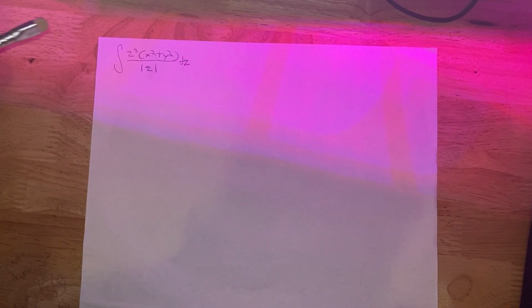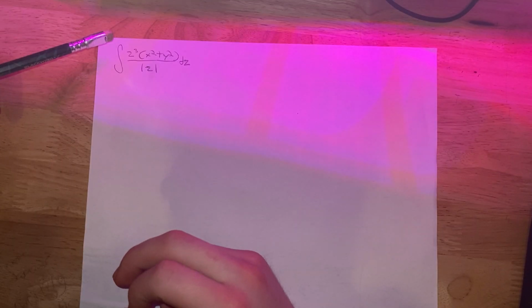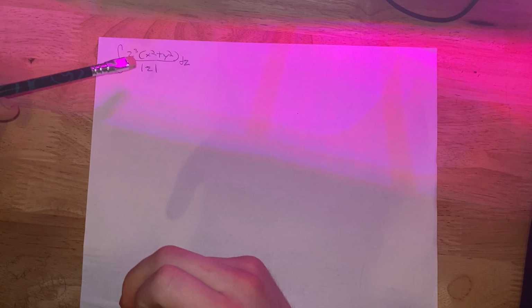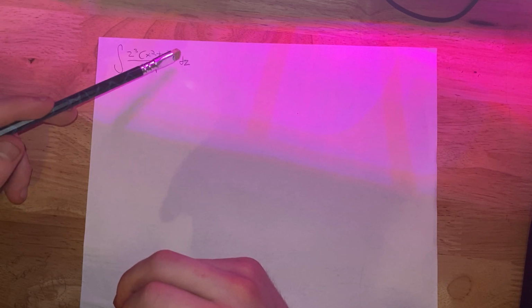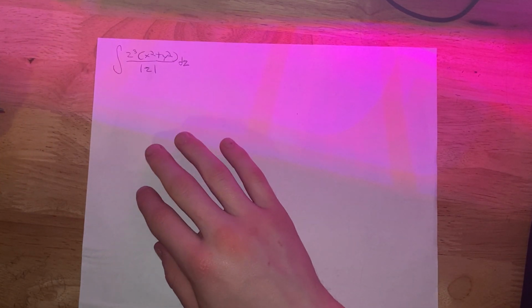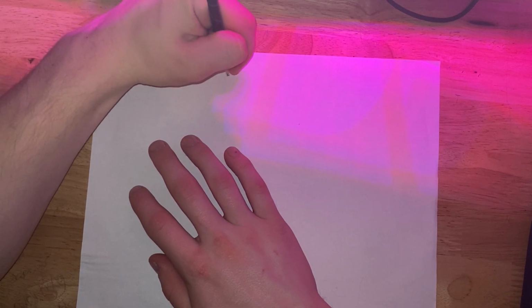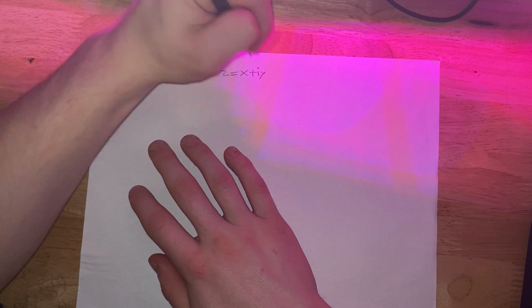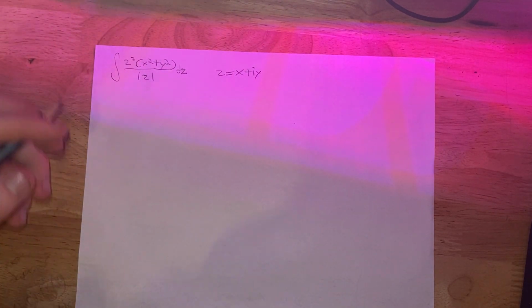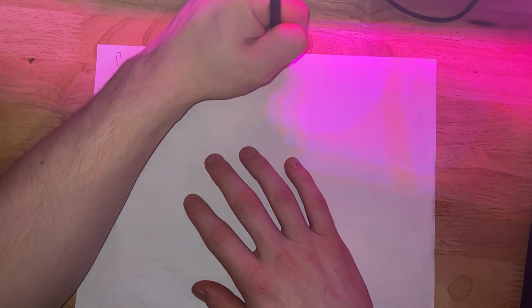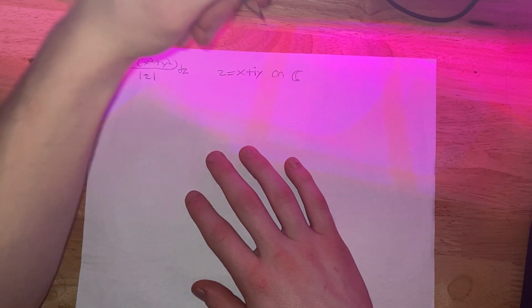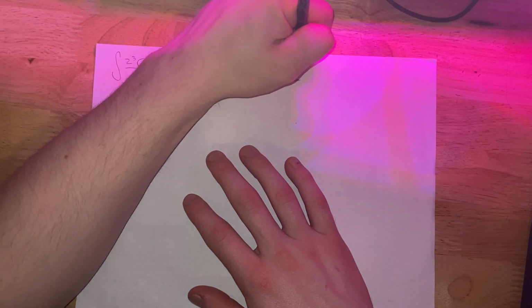Okay, so we have a pretty cool complex integral here today, which is the integral of z cubed times x squared plus y squared over the absolute value of z, with respect to z. This is a complex integral, so we have z equating to x plus iy,